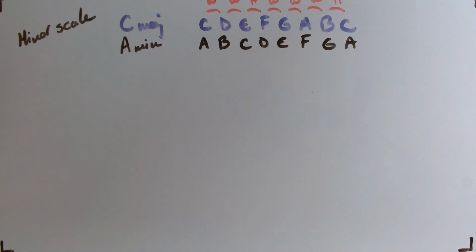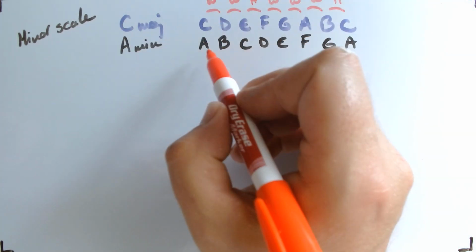Okay, now what we're going to do is we're going to construct the formula for all minor scales. Okay, not all minor scales, because there are several, but we're only worried about the one that we like the most. Okay, I think it's called Aeolian. Please tell me if I mispronounced that. Okay, anyway,